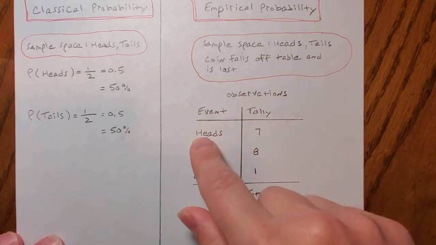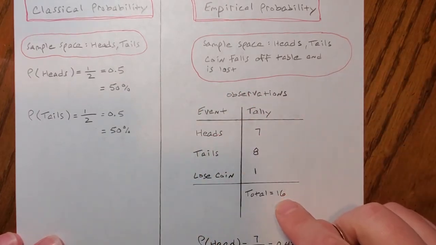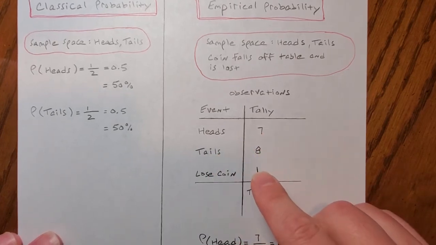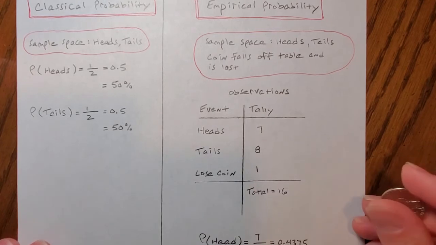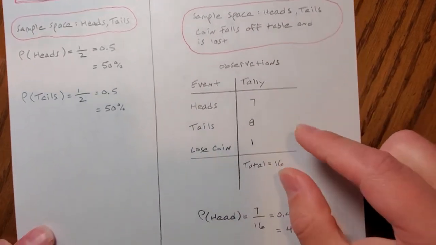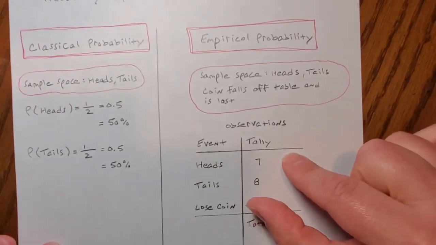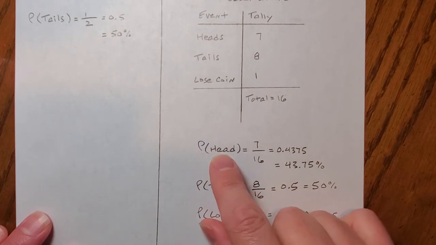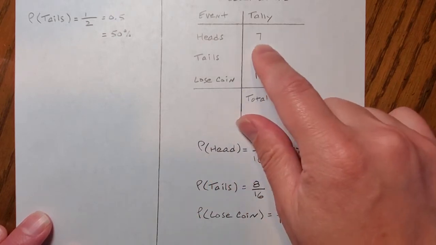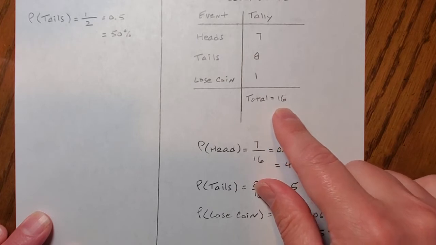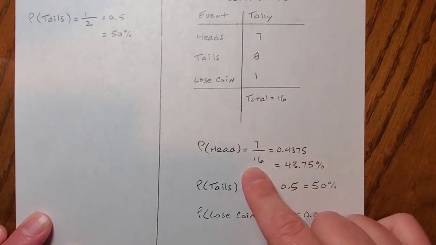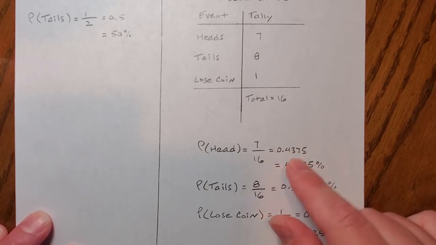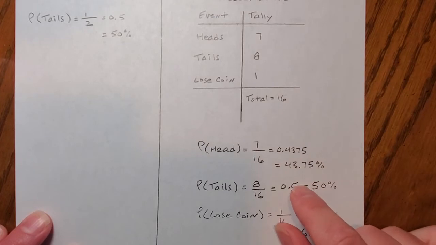Okay, and then the tally went like this. I flipped the coin 16 times. I counted 7 heads, 8 tails, and I lost the coin because it fell off the table once. Now it's from these numbers that we calculate the empirical probabilities. So here goes. The probability of heads was, I got 7 heads in a total of 16 flips. So that's 7 out of 16, as a decimal 0.4375, or according to my observations, you'll get heads